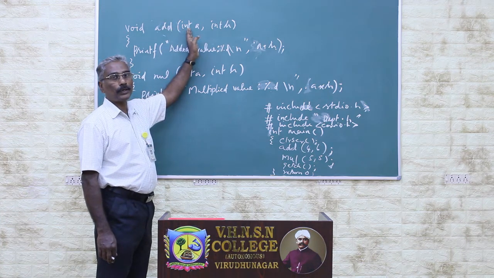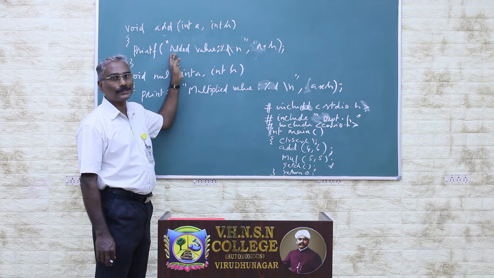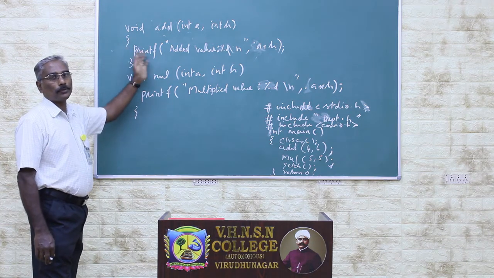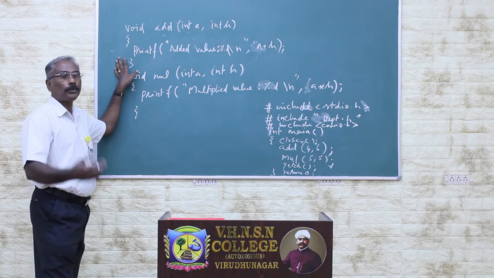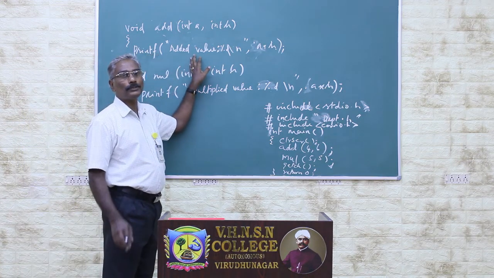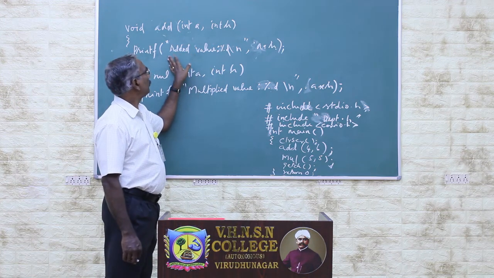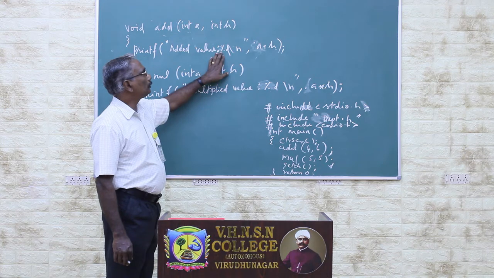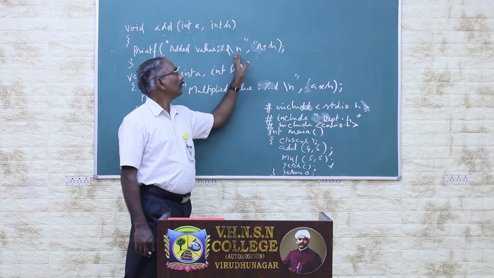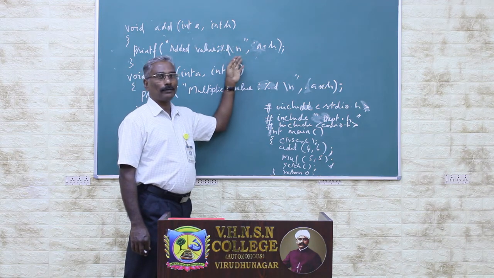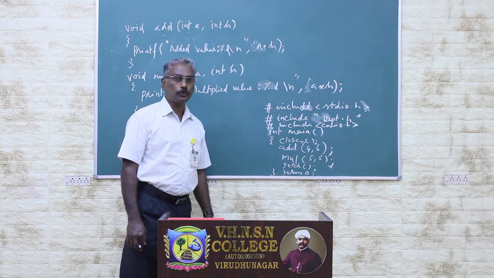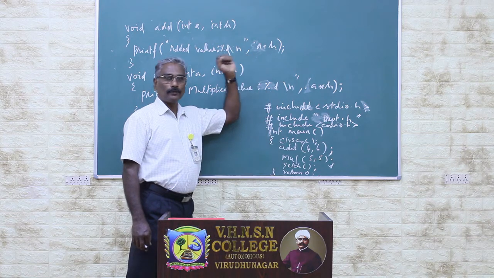So using these two parameters, what are you going to do inside the block? This is the block of this function. You may write so many instructions, depending upon the problem. But here what we are going to do is add these two numbers, that is all. So printf, added value, and percentage d, which refers to the decimal, and slash n, which will be printed in the next line. So a plus b, when you are adding these two values, you get the added value.